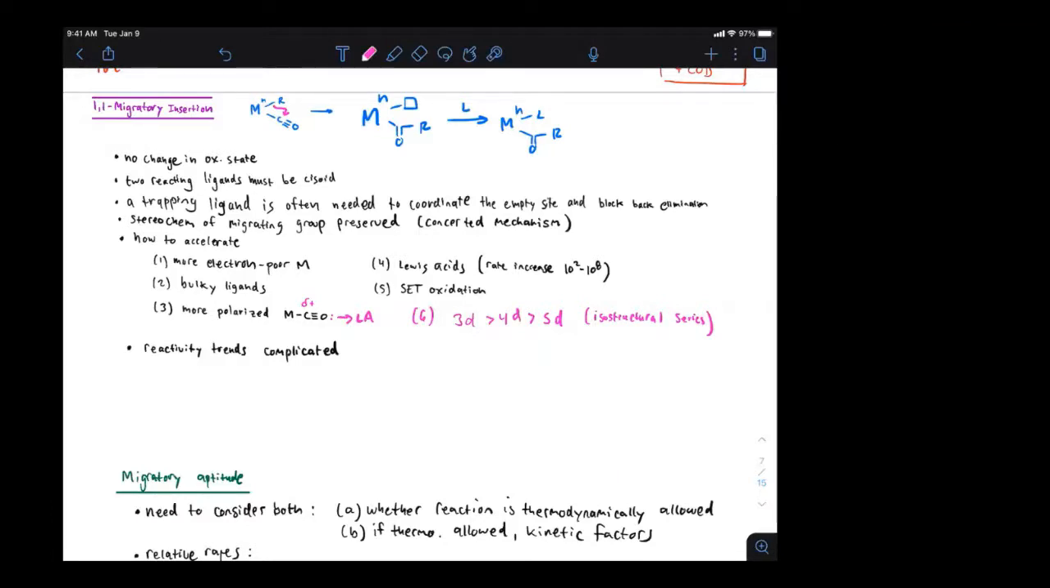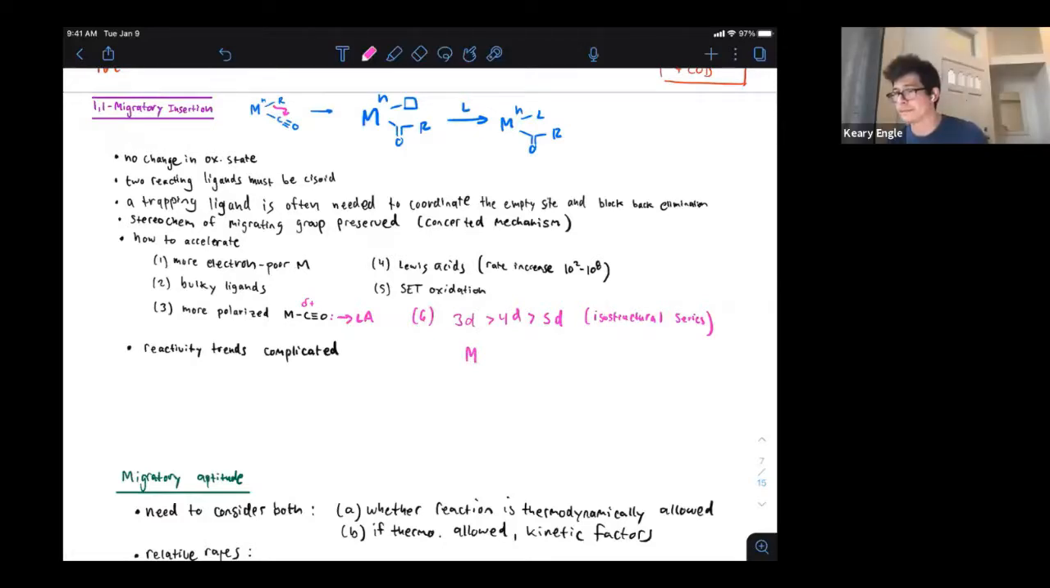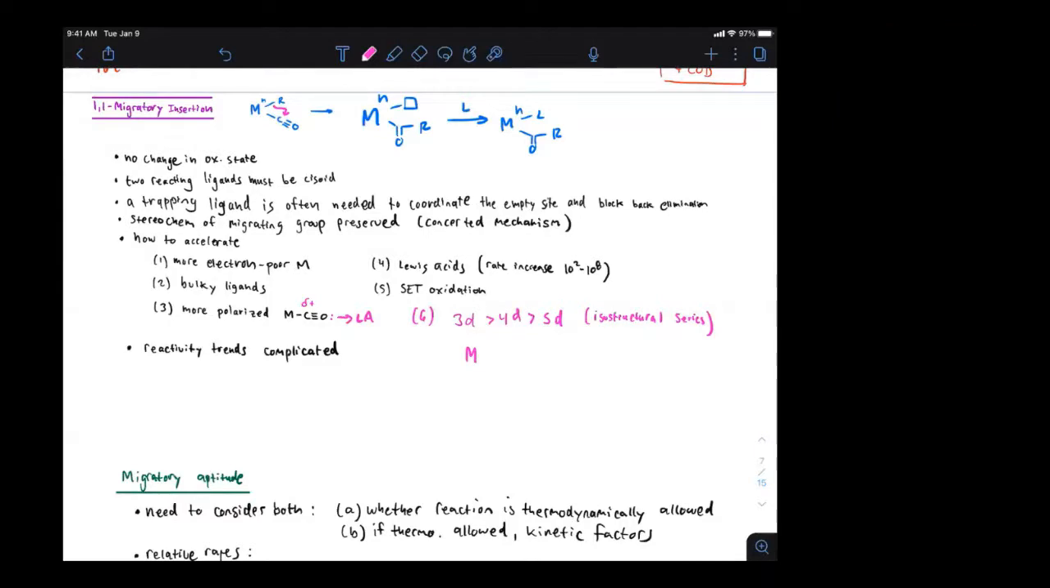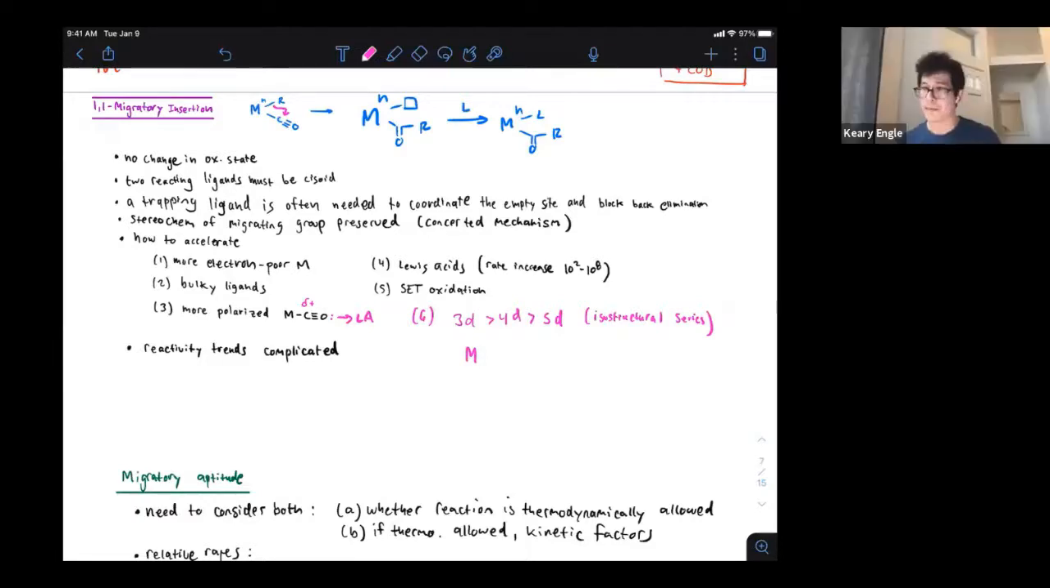Anybody want to expand on that? Is 3D the smallest d orbital? It is, yes. So I guess it is the smallest orbital, so the two ligands will be the closest and react faster. So it's a kinetic question. Okay, yeah, I think that's one reasonable